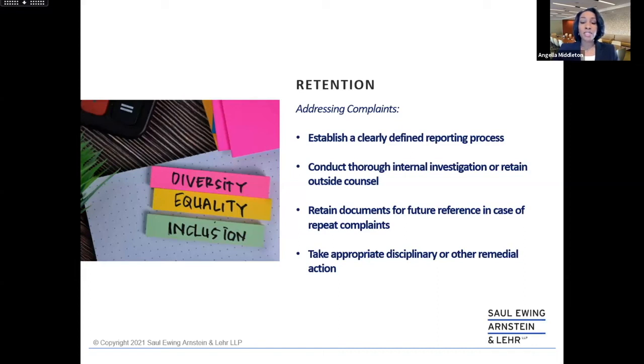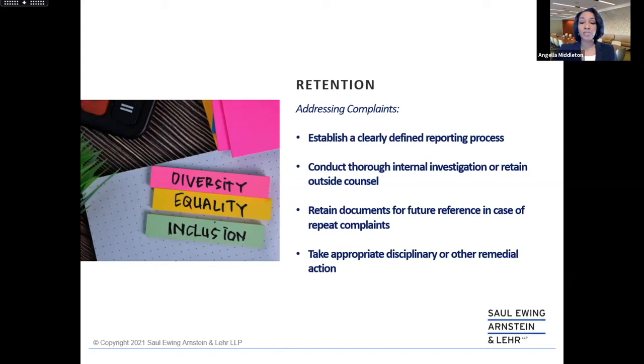You also want to conduct a thorough internal investigation or retain outside counsel. Now, whether or not to conduct the investigation internally or retain counsel is, of course, a case-by-case decision that counsel can also help make the determination. There's always the potential for litigation, and so involving counsel can help protect privilege over certain communications and documents related